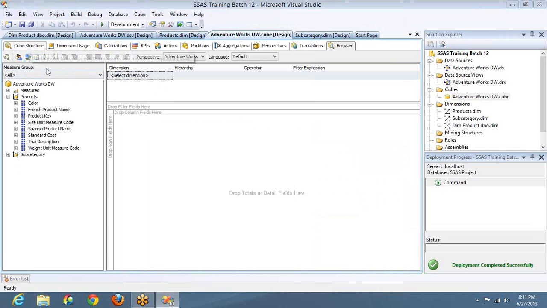It is not showing here. What is the reason? What mistake have I made here? Why is it not showing? I have enabled it, I deployed it, I built it, I processed it, and the attributes are enabled, still it is not showing in the browser. What is the reason? I reconnected it, I refreshed the browser,